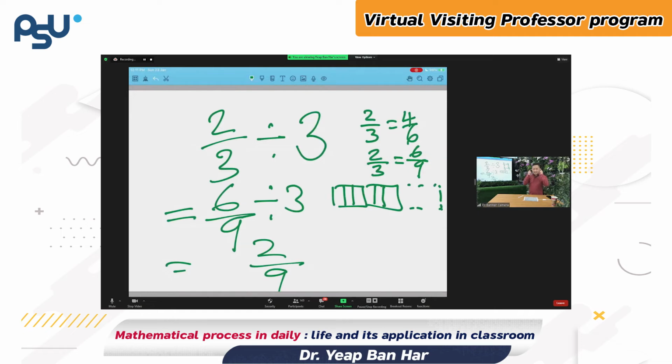So when I'm thinking, I am solving a problem. In this case, I solve the problem by visualizing. I try to imagine 2 become 4, no good. 2 become 6, that's good. Sometimes I cannot visualize well. What do I do? I can draw. So when I cannot yet visualize, I know how to help myself. Some students do not know how to help themselves. That is why they are helpless.